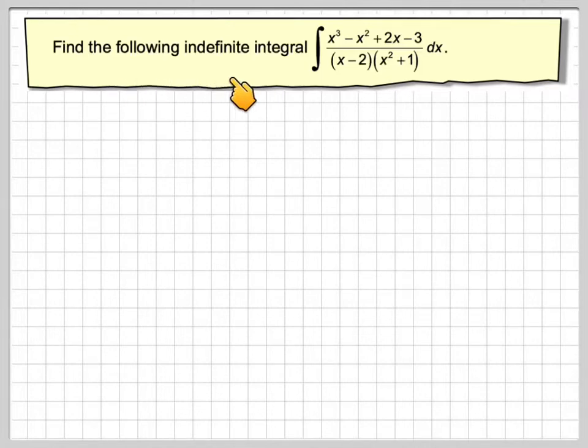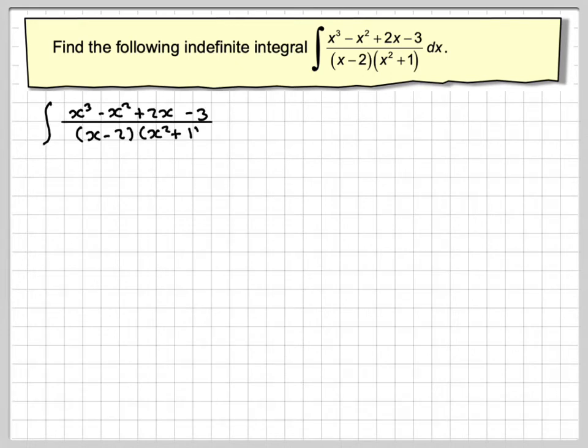Find the following indefinite integrals. The integral of (x cubed minus x squared plus 2x minus 3) over (x minus 2)(x squared plus 1) dx. Okay, so we'll just write that out. If we expand the denominator and simplify, which I won't actually do in the video, it's just multiplying two brackets together,